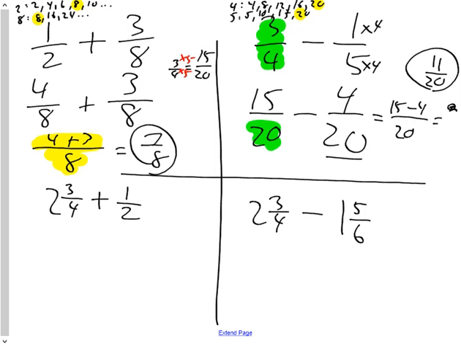Or what I always like to encourage my students who maybe struggle a little bit with when do I do this, when do I do that, I always like to say if you have mixed fractions, you can just use improper. It's the same thing. So if you did it by saying, well, 2 plus 3/4 is what 2 and 3/4 is, plus a half, then I can bring down my whole number, and I could simply